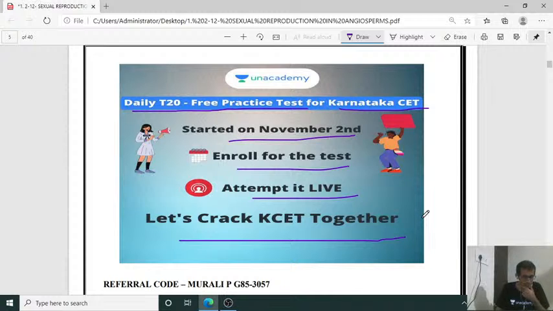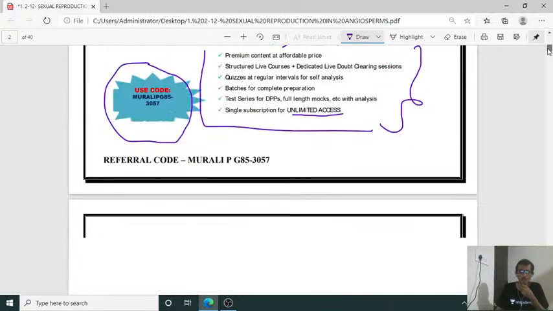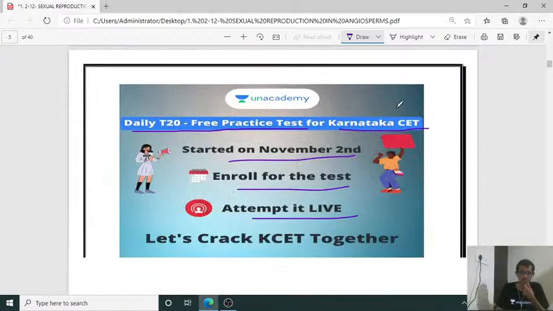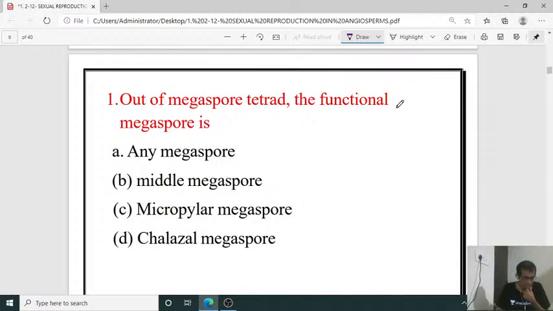So after this brief introduction, now I will move on to today's topic, sexual reproduction in angiosperm. So here I added nearly about 30 questions for this exam and the test for the class purpose. So under this, the first question for this class is: out of the megaspore tetrad, the functional megaspore is